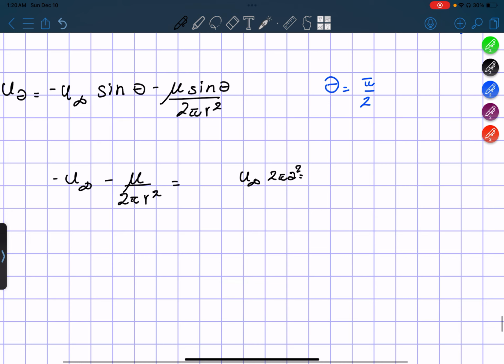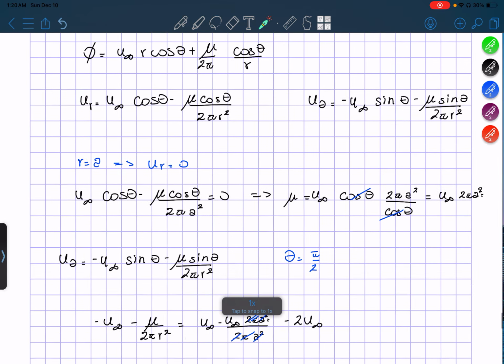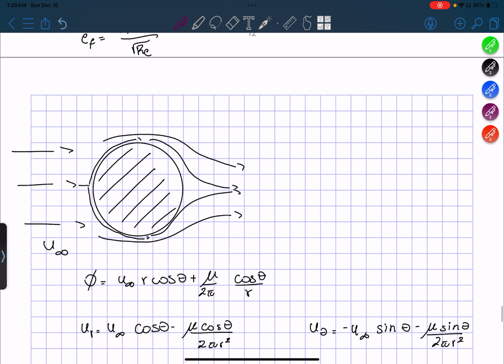So we have u infinity minus this divided by 2 pi r squared. R is a in this case, of course, because we are at a distance a, a radius a. So all these things simplify, and we get negative 2u infinity. Now, first of all, I want to go over this sign. I want to go in order. Why a negative? Well, because when we're looking at our